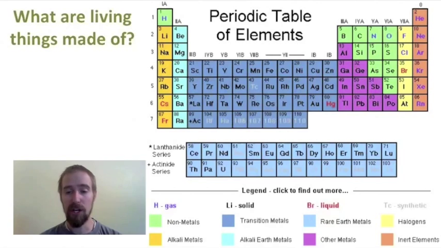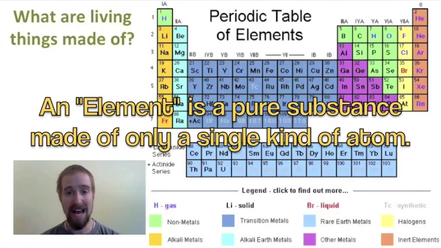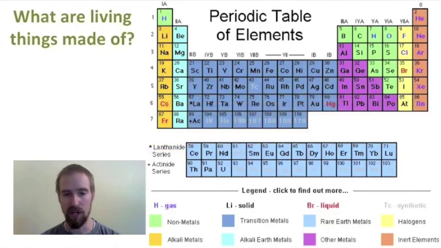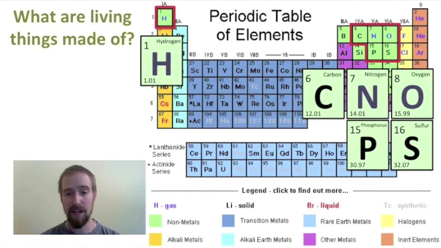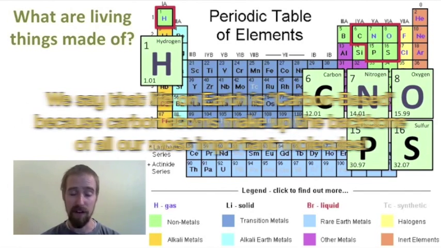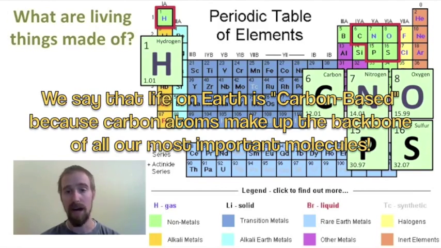Here we're looking at the periodic table of elements, and the periodic table of elements describes some important information about all of the known atoms in existence in our universe. And in terms of what living things specifically are made of, living things are made up of, by and large, these 6 atoms: hydrogen, carbon, nitrogen, oxygen, phosphorus, and sulfur. And all of these atoms bond with other atoms to form molecules, some very small, some quite large, and these molecules make up the structure of our body.